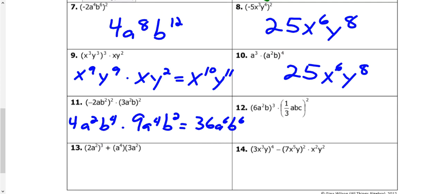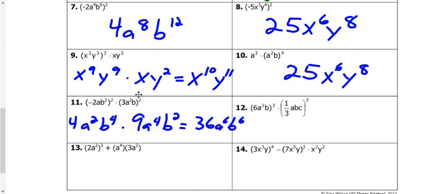All right, welcome back. As you can see, here are the answers for 7 through 11. I'm going to walk you through number 12, as that one's a little more challenging. But when we look at these, specifically number 9, 10, and 11, since we're multiplying, what we want to do is simplify our monomials with exponents. So as you can see, here's the